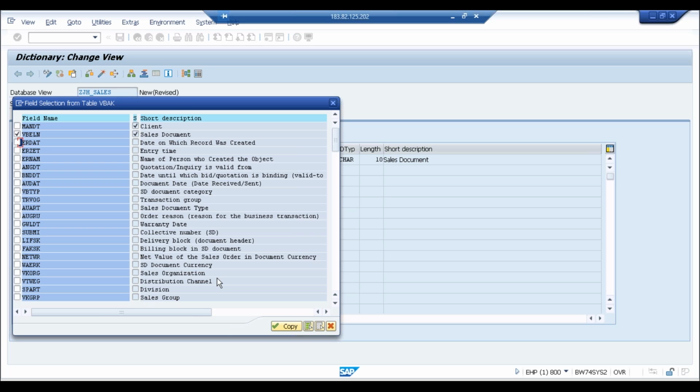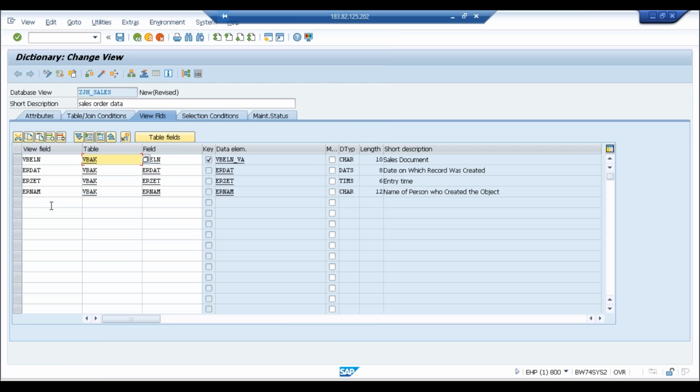ERDAT, ERNAM, we can select a couple of fields and just say OK.